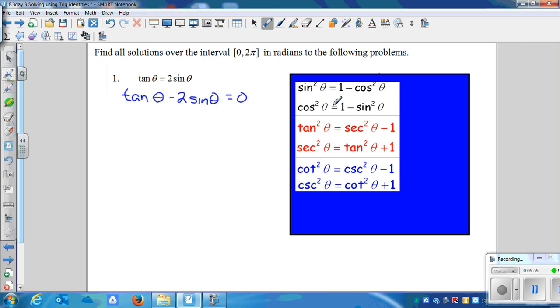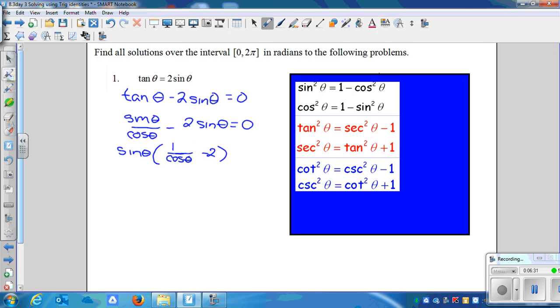Now, all of my Pythagorean identities have squares in them, so I'm actually not going to use that. I'm just going to use the idea that tangent theta is equivalent to sine theta over cosine theta. So I'm going to rewrite this. So I have sine theta over cosine theta minus 2 sine theta equals 0. Now I do have sine theta in both terms, so I'm going to go ahead and factor that out. So sine theta, and then parenthesis, 1 over cosine theta